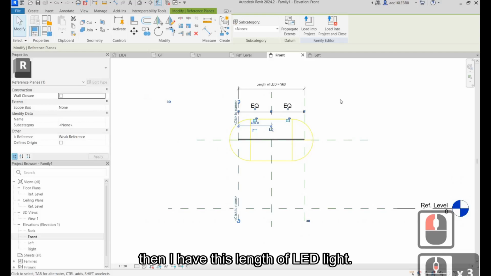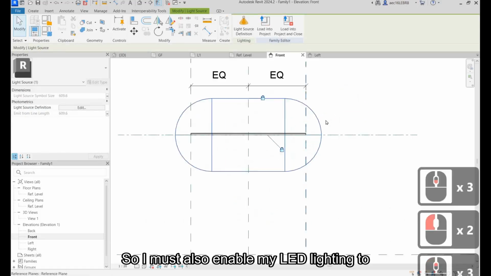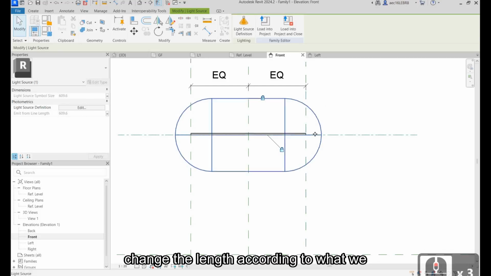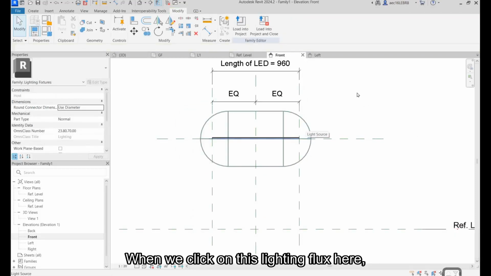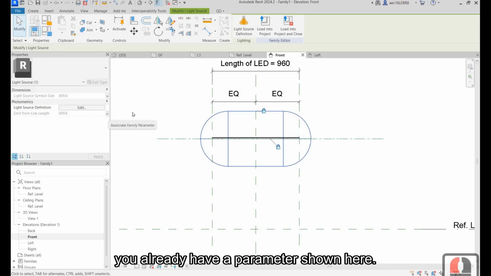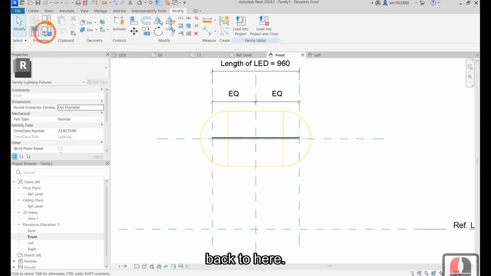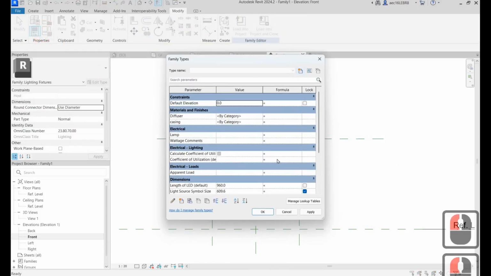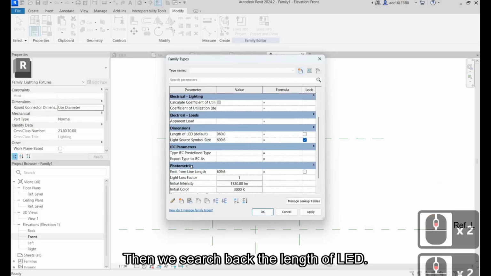Okay, then I have this length of LED light, so I must also enable my LED lighting to change the length according to what we want. So remember that when we click on this lighting flux here, you already have parameters over here. Okay, then we go back to here, family types. Then we search for the length of LED.